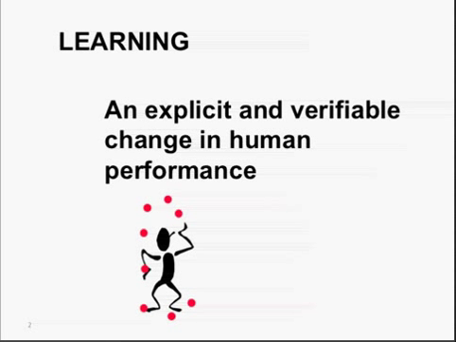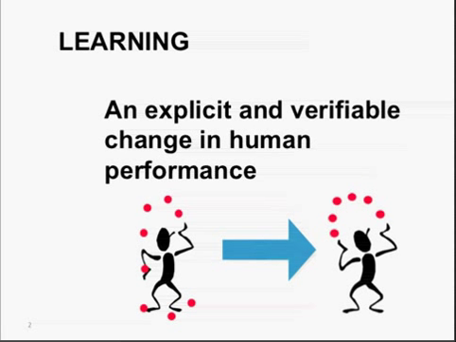So I'd like to start by talking about a few definitions. Let's start with learning. We're going to be talking about learning as an explicit and verifiable change in human performance. In other words, if learning has to occur, there will be some sort of external capability that will in fact be observable. So in our little diagram here, it says, I couldn't juggle before, and after learning how to juggle, I can